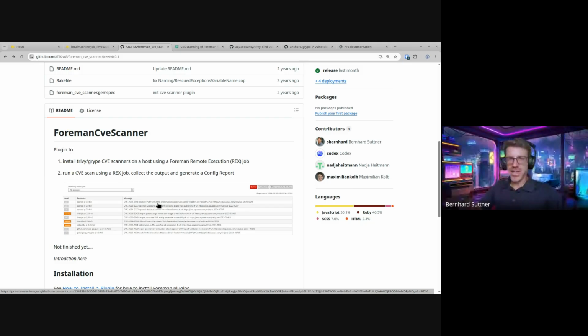And with AI stuff at the Config Management Camp this year, I thought about which project I can use to add some more things with AI, and thought about ForemanCveScanner again. And in the last few months, I added some more things to the ForemanCveScanner. I did some prompts to AI, and I did some nice things, and I tested all that stuff, etc. So the current state is like,